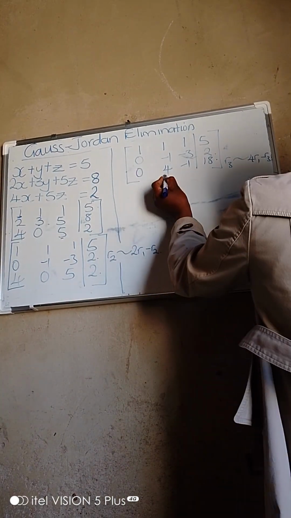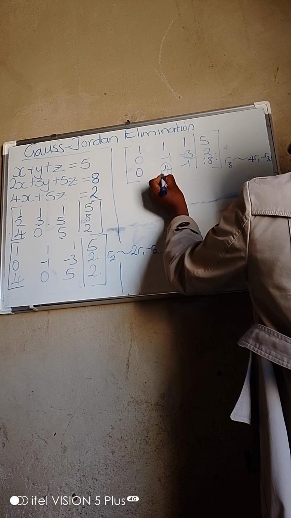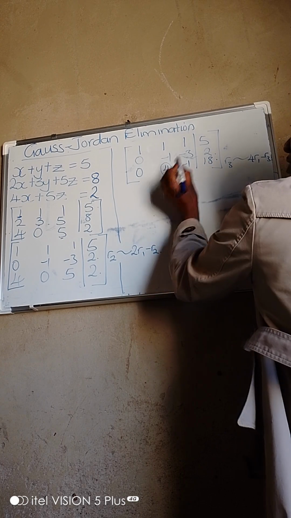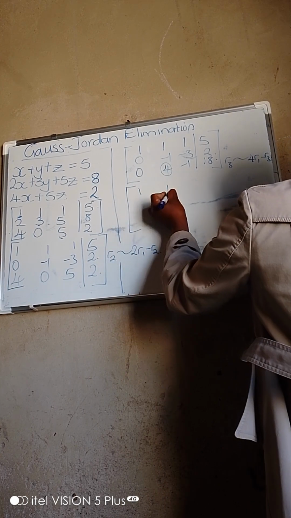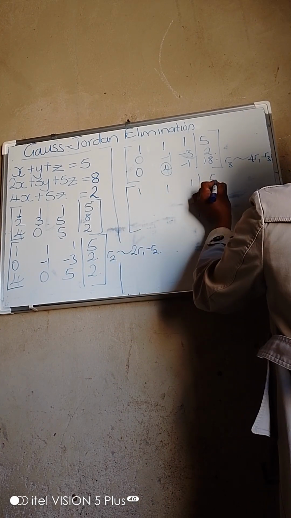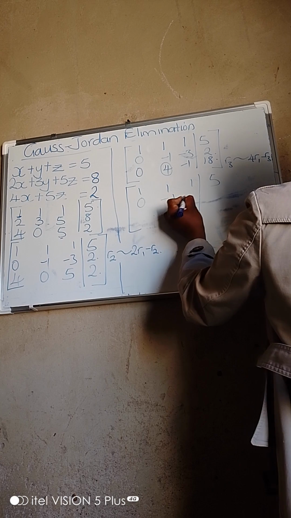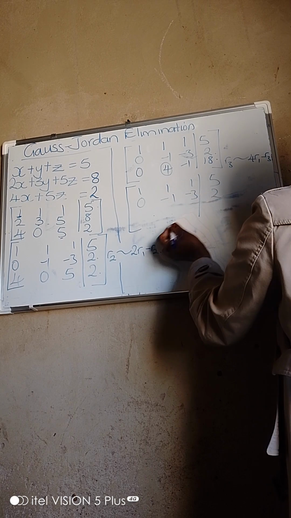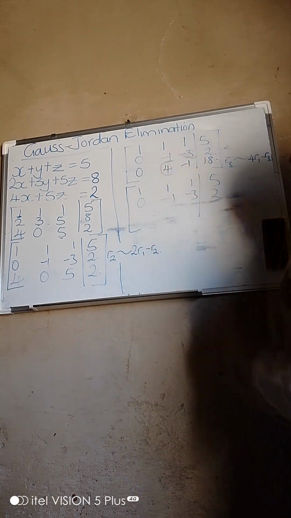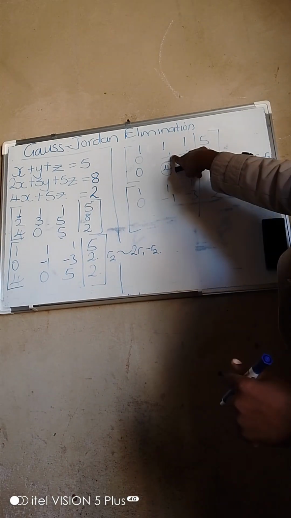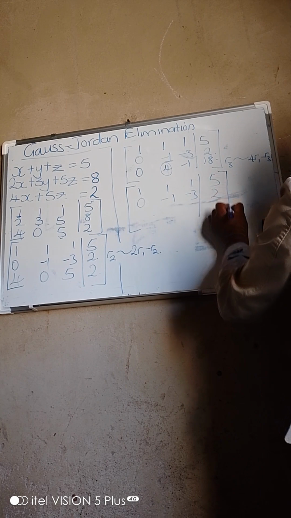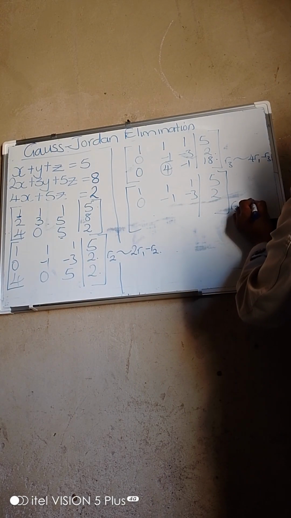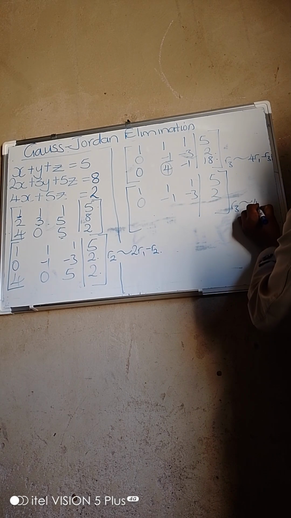Right? We are now moving on to the second column. We want to reduce this 4 to a 0. We are going to have 1, 1, 1, 5, 0, minus 1, minus 3, 2. This is going to be our pivot. So we are going to multiply this by 4 and add it to that. So row 3 follows 4 row 2